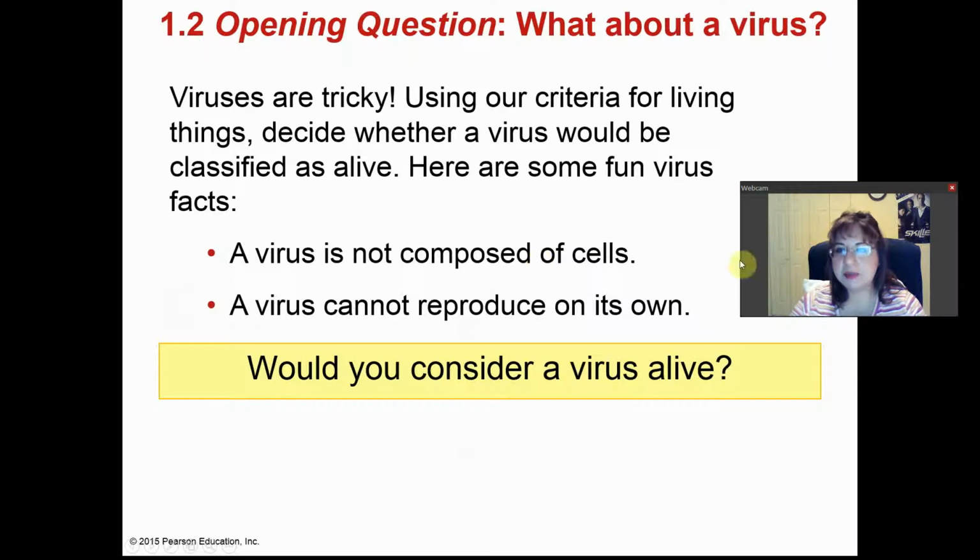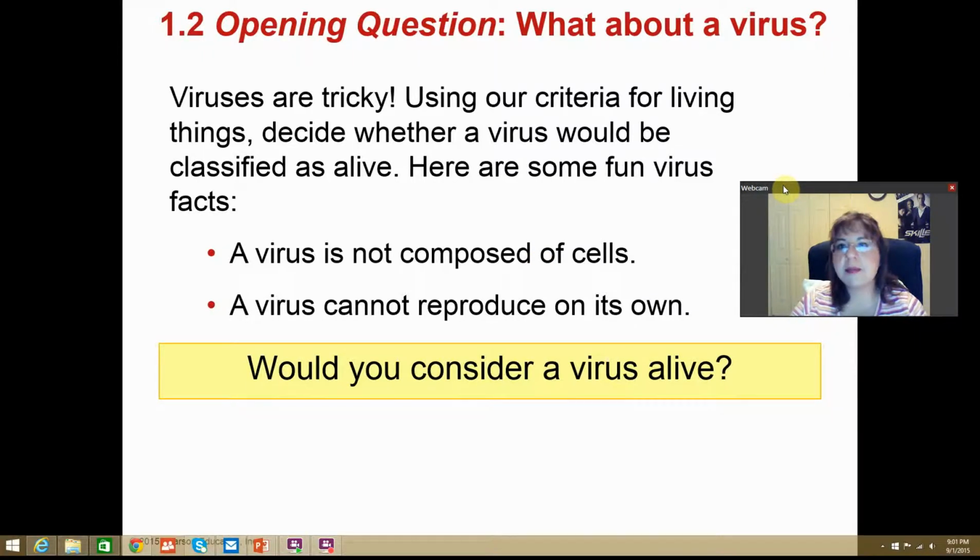So now that we've kind of talked about the characteristics of living things, let's think about this. Are viruses considered to be living things? Well, viruses, they're tricky. So if we use the criteria that we just learned, those processes, and we apply them to whether or not a virus is alive,